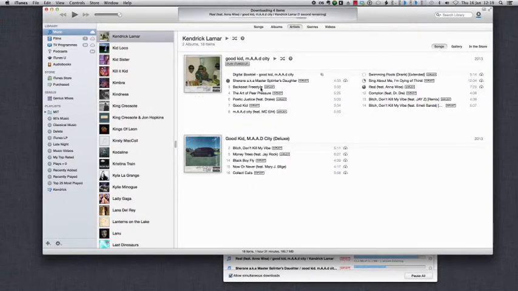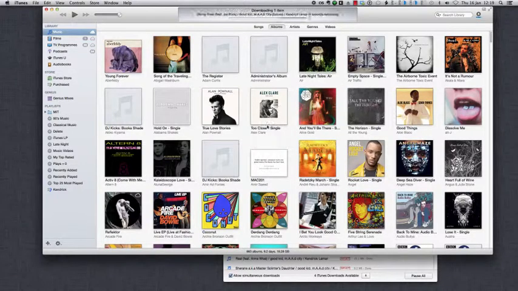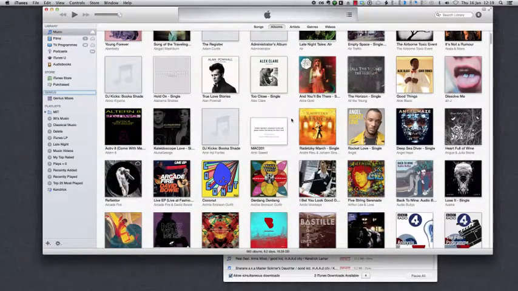What it's not doing, which is the thing I find really frustrating, is bringing down the other 2 tracks that I have also paid for, tracks 2 and 5. It's not bringing them down at all. So in order to get these, I have to click on the deluxe edition of the album. Now, the problem here is that if I go into that album, what's it called? Good Kid, Mad City. If I try and find this